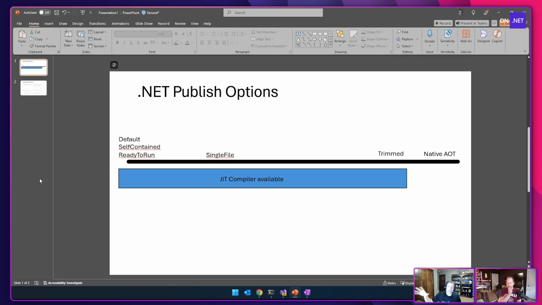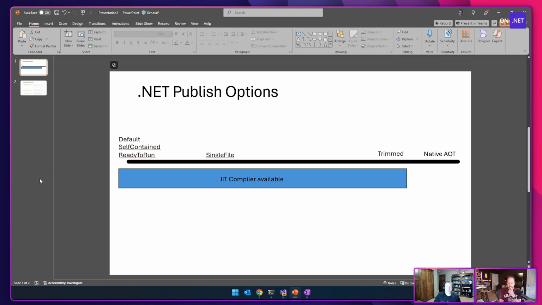And then the very end of the spectrum of limitations is native AOT. It combines all the things: it makes it self-contained, it makes it ready to run AOT, puts it in a single file, trims out all the things that it doesn't need, and then you see at the bottom that the JIT compiler goes away.